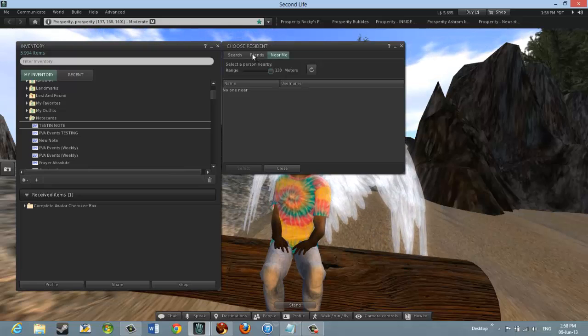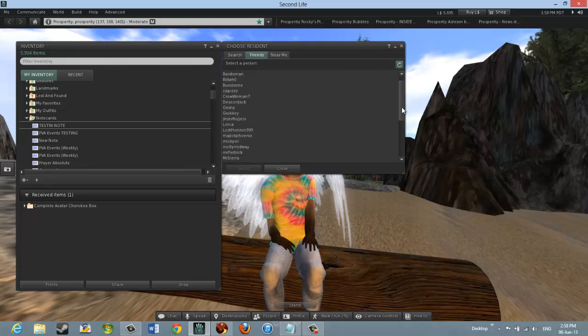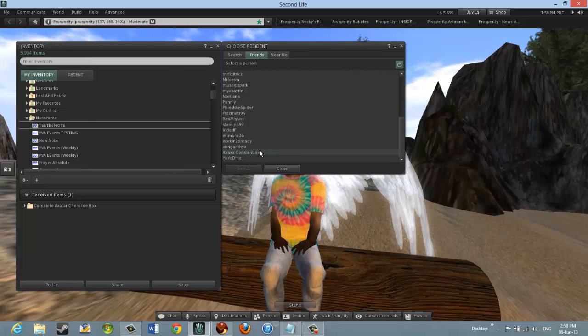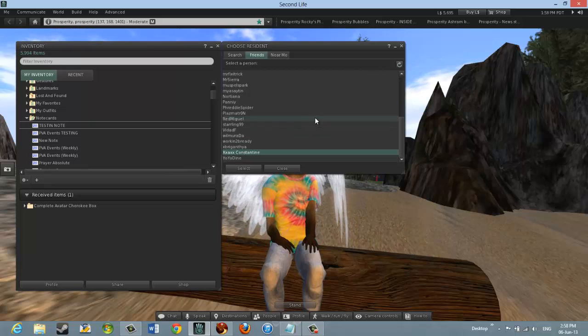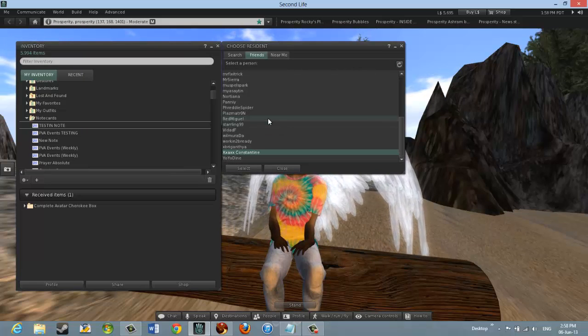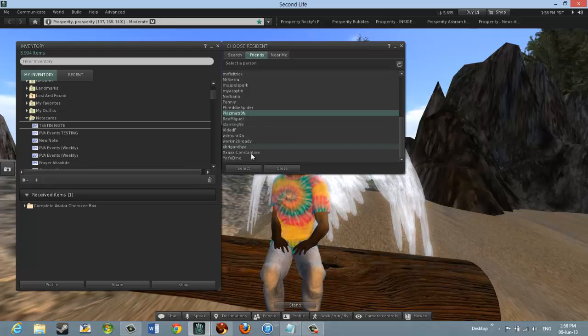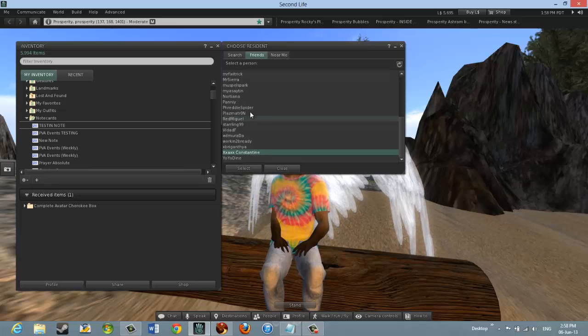I'm just going to go back to friends, and in my case I'm going to share this with Zax. So I would click on his name and it would highlight it. Now if I want to send this to more people, I would hold the Control key down and click on some more names, and then I've selected more people. To deselect them, I'll just click on them, so that I have just one name highlighted. And now I'm going to click Select,